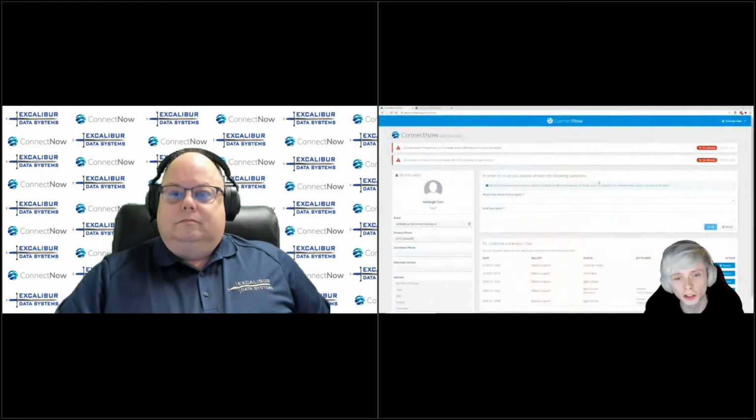So let's take a look at examples on the chat client in this case, and we'll start with PreSteps. PreSteps are essentially either pre-typed articles that administrators can author within ConnectNow, or more interestingly, and what we're really going to be focusing on, articles from external systems. And we're going to see a couple of demonstrations here. There's going to be one from Cherwell, and there's going to be one from ServiceNow.